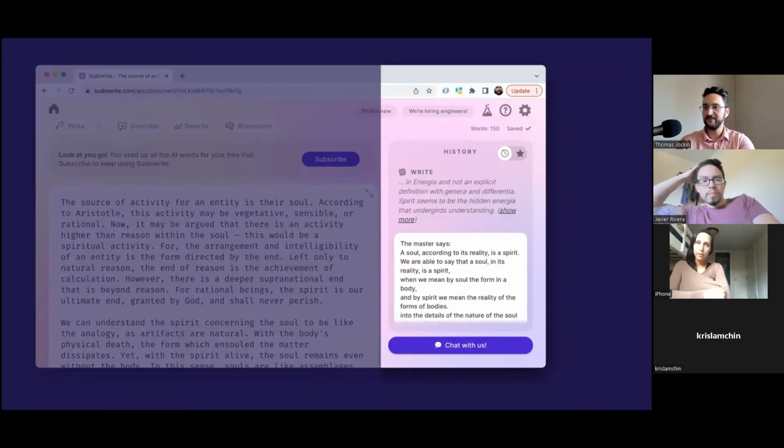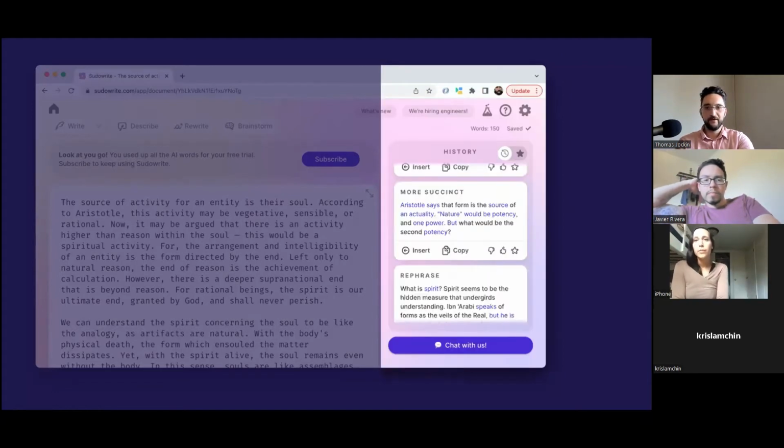Yeah, and then there's another example of that too. And then he goes the other way. So instead of rewriting to draw it out or drill out more examples, can you say it more succinctly? So that's an example here. It gives you all these prompts to think about.